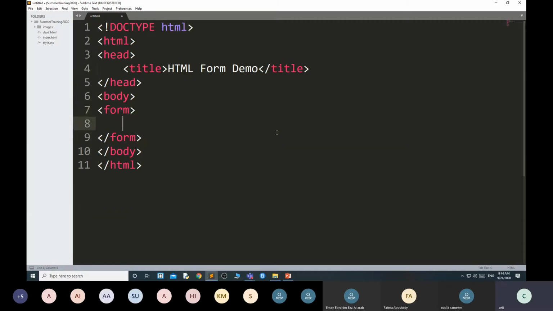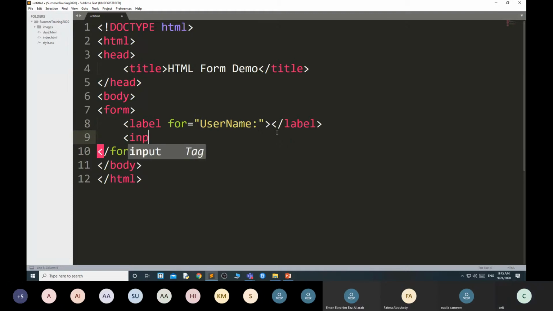Then I want to create a field in the form. Then you can use label for user name. Okay, then input type text.